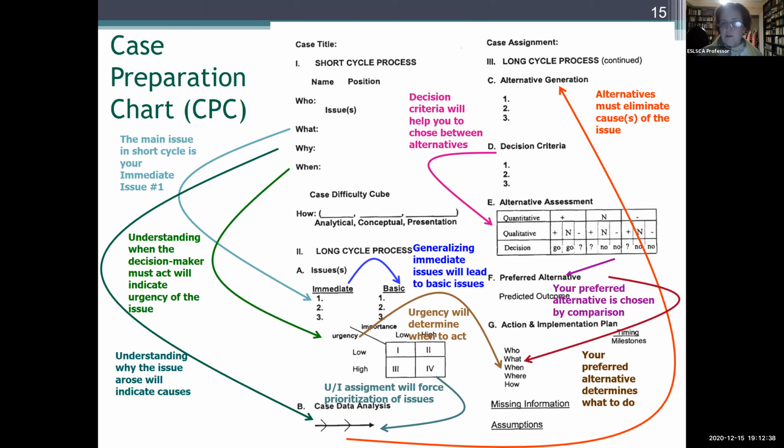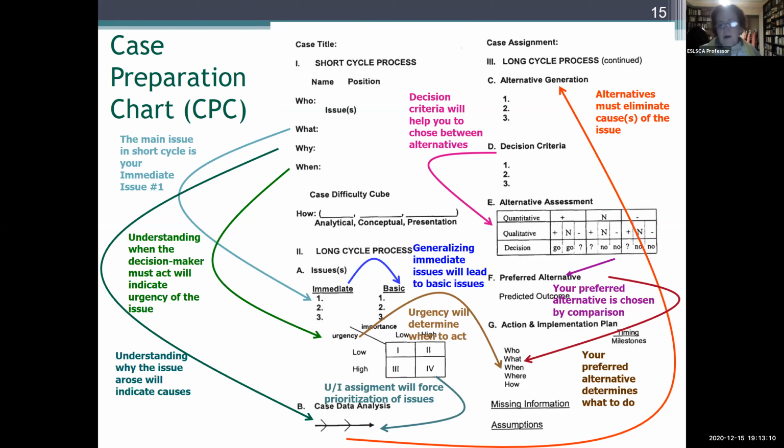Usually I don't grade the short cycle process. I assign different weights. Most of the weight goes to case data analysis, because it's very effortful, and to the alternative table. If it's done incorrectly in any part of it, then they lose their grade. Another 1% always goes to logic. If the logic, as I explained here, is not followed, then they lose some points. Usually they lose half a point for poor logic.